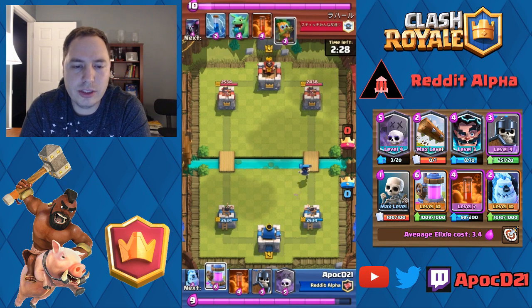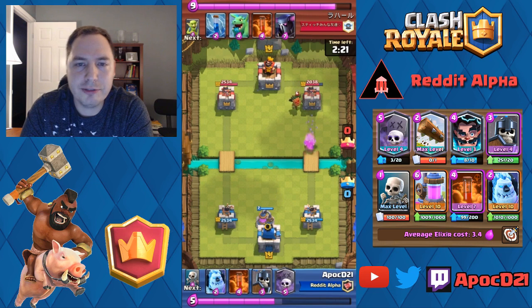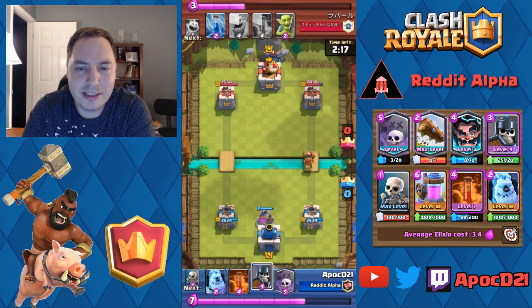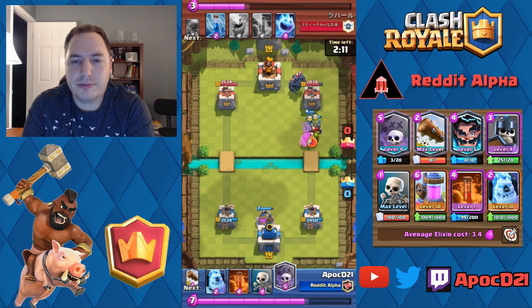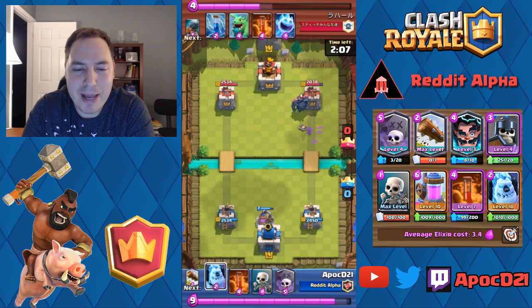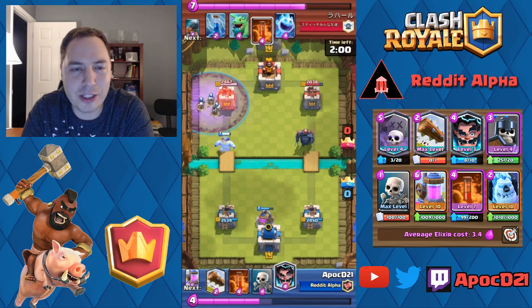Okay, so let's cycle to our pump. Lucky enough to get a 400 damage off with our Electro Wizard here. And now we got a Pekka. So, if you watched my last video, we sent that Pekka packing and running all around. Unfortunately, we were already full of elixir and don't want to wait, so we're gonna go with an aggressive